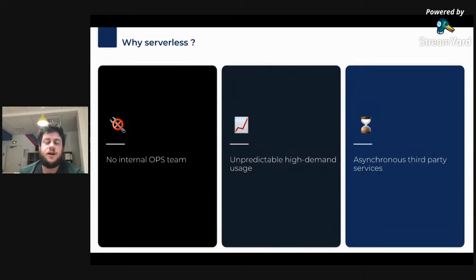Second point was the particularity of this application. As I said before, the disruption events are unpredictable and necessitate a very high throughput of the system whenever you need to broadcast a message across. Finally, we are connected to many various third parties through HTTP API, answering asynchronously to the different requests we give them to send messages across, making the serverless paradigm a good fit for this application.